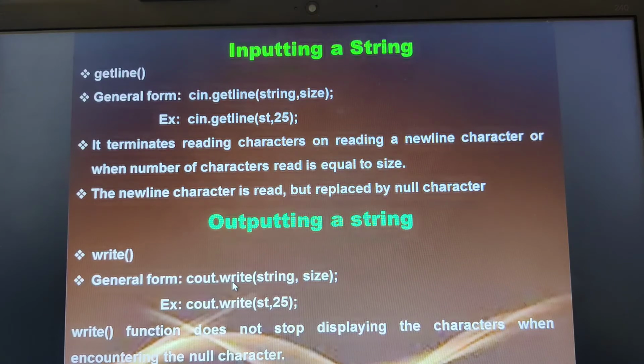This write function doesn't stop displaying the characters even when it encounters a null character. That means all the characters read by the getline function in a given string will be displayed by the write function, and even after encountering a null character, it keeps on displaying. So let us understand this with a programming example.